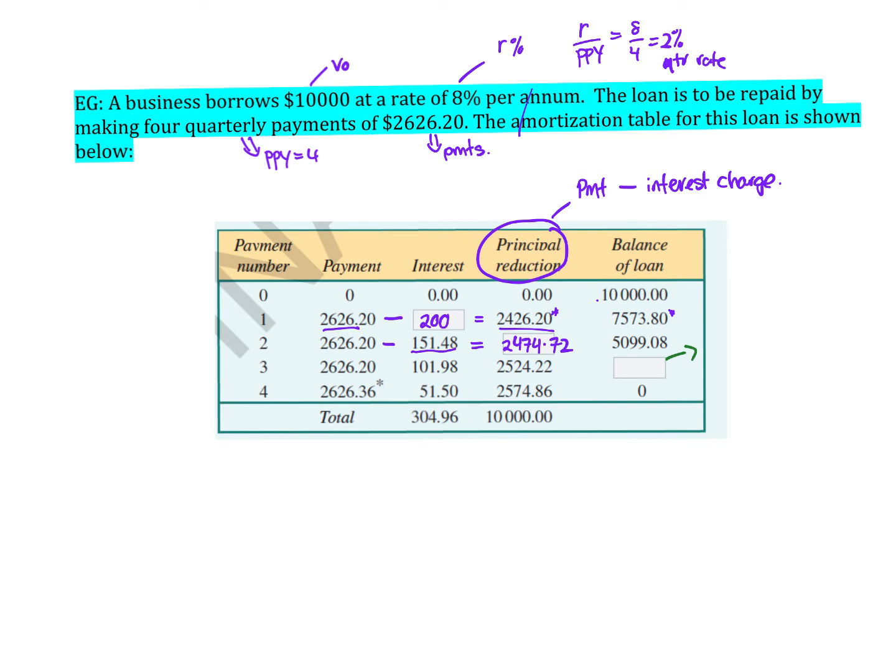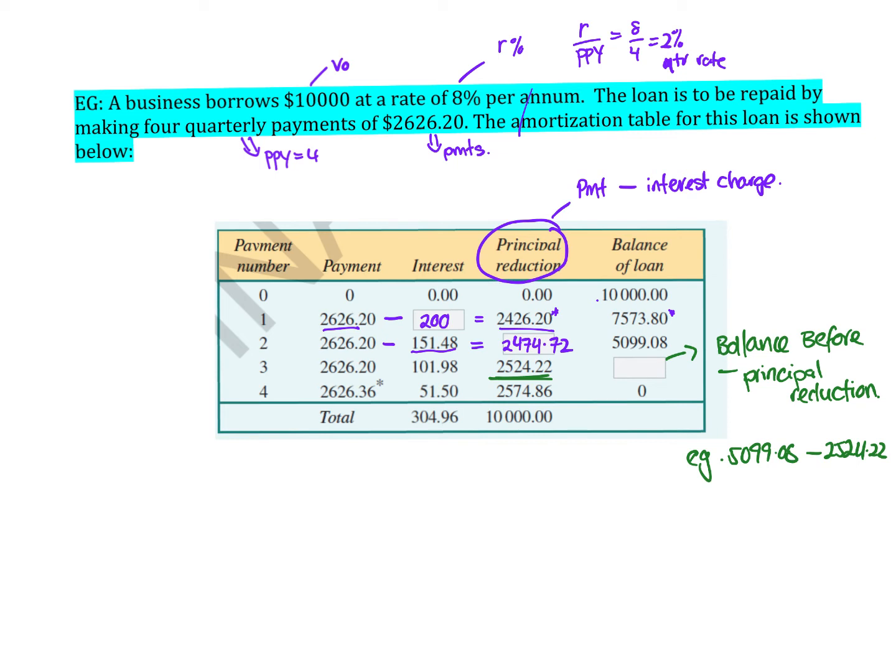So the balance is always the balance before minus the principal reduction, because that's how much your payment is actually taking off it. So if you do that here, what we'd be doing for this example is 5,099.08 minus this principal reduction, 2524.22. Okay,